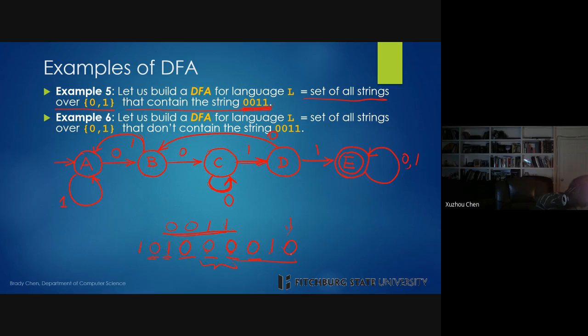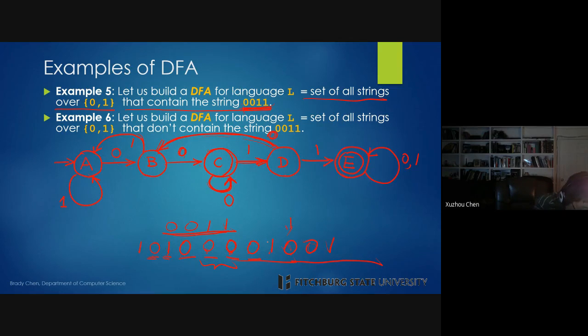That's not good. So we have to actually start over again to build another 0011, right? So in that case, we have to roll back because we already have a 0 now. So all we need to do is hope that we can get another 0, right? So we just roll back to B. So now B to C, if it's 0, then we're back to C again. Okay. Now if we continue to get 0, we stay in C, and then